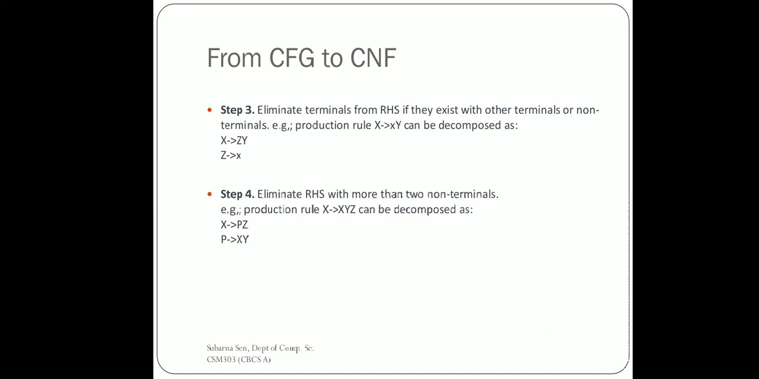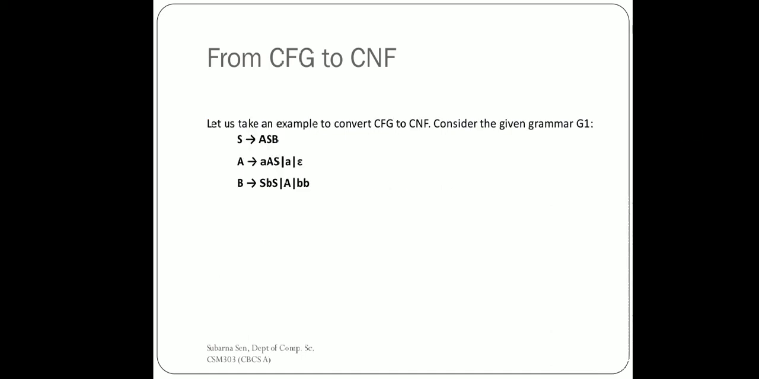Okay, so let us consider an example first. Here this grammar is given. We are naming the grammar as G1. You can name it anything of your choice. So S is deriving ASB, A is deriving small a, capital A S, small a, and all the things are given. So let us